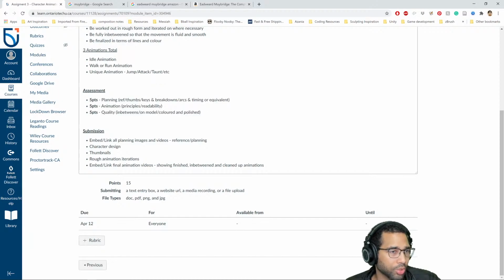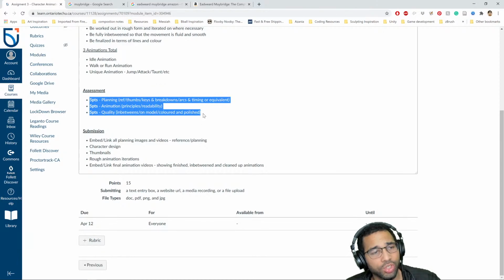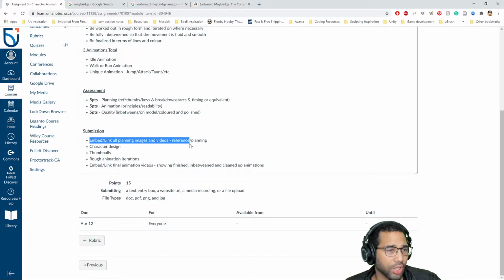It can be your GDW game, but it does not have to be your GDW game. You can do something totally different. Okay, so for our submission, embed or link all the planning, images and videos,